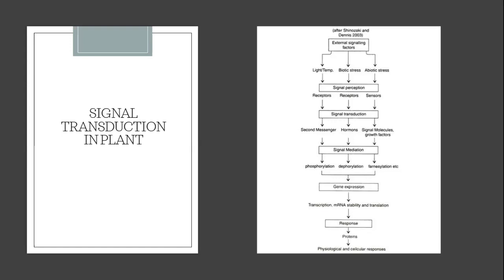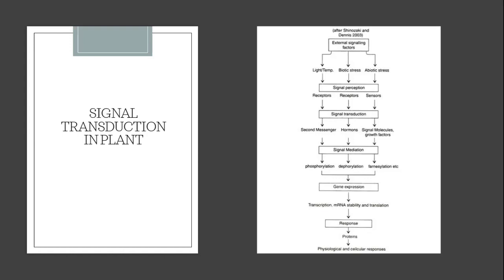This gene expression will lead to transcription, mRNA formation, ultimately leading to formation of proteins and ultimately forming a physiological response in the cell. So the process starts with a phenomenon that can be an abiotic stress, or a certain signal by light or temperature or by herbivores that will be perceived by the plants. The plants will produce a signal or secondary messenger. These secondary messengers will produce a reaction, a signal mediation reaction. This signal mediation reaction will include